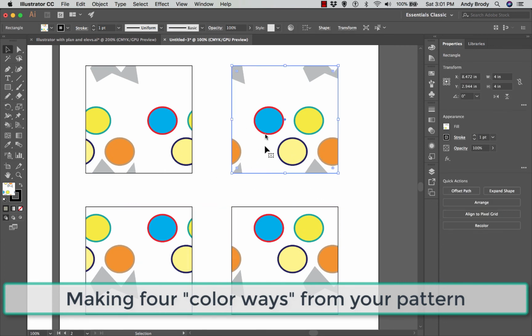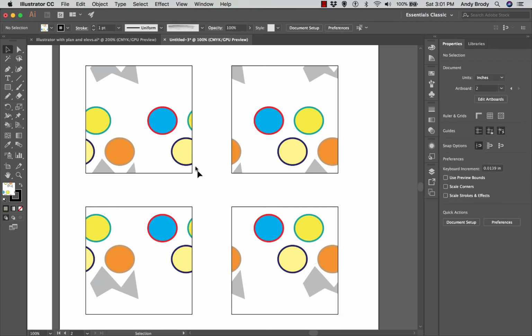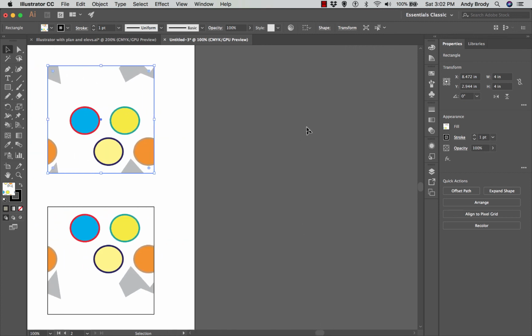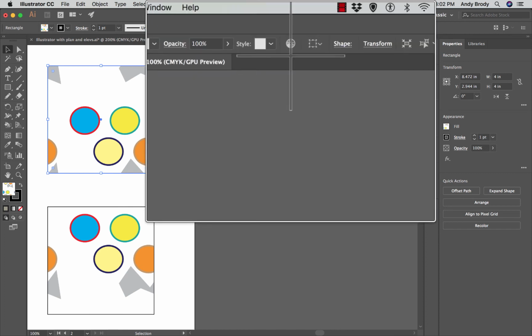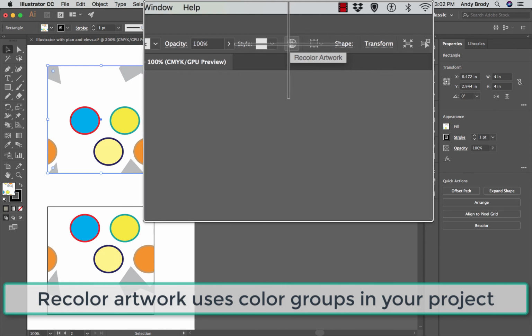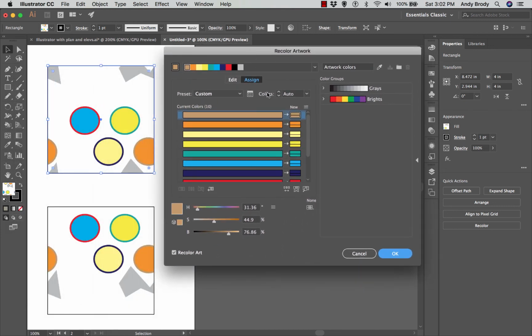Now, you might say, how am I going to recolor this object to get my different color ways, which are basically variations on a theme? Well, Illustrator offers you a couple of really easy ways to do this. I'm going to move this out of the way so we can see this one as we modify the menu. But the easiest way to recolor a pattern is to click the Recolor Artwork button here when you select an object. And what it will do is it'll bring up a menu